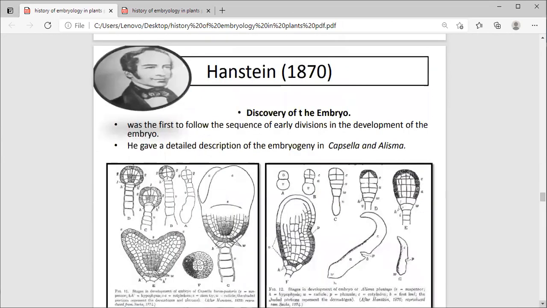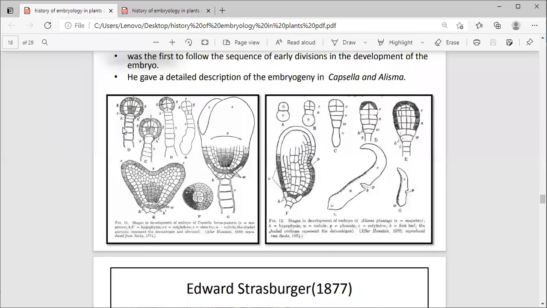Next, 1870, Hanstein discovered the embryo. He was the first to follow the sequence of early divisions in the development of the embryo. So he gave a detailed description of embryogeny in Capsella and Alisma. So see here, he drew sketches of different kinds of stages, early stages to mature stages. इथे पण आहे बघा 2 cell